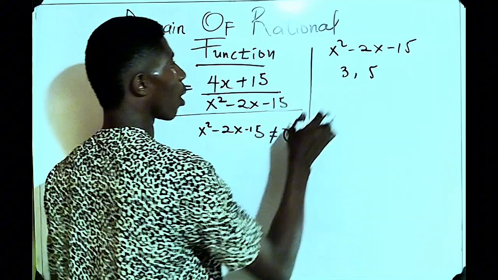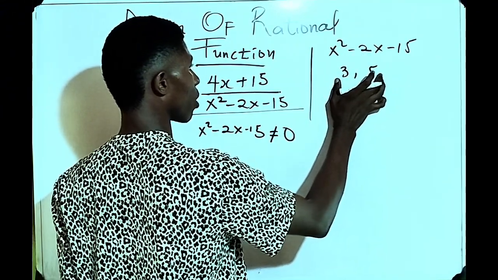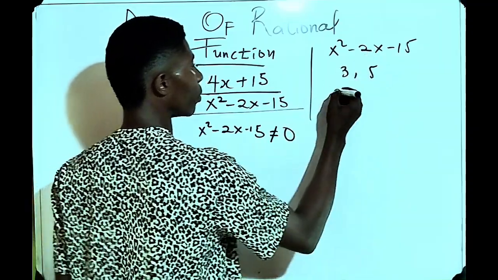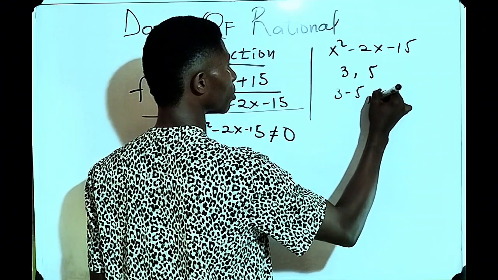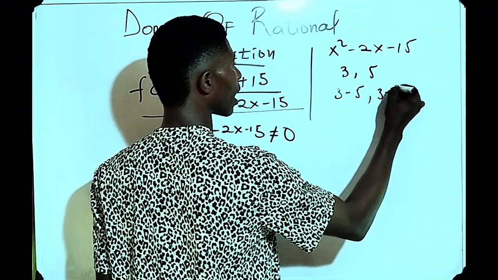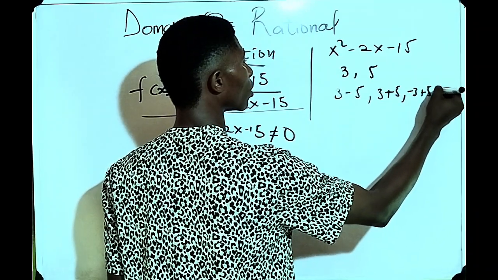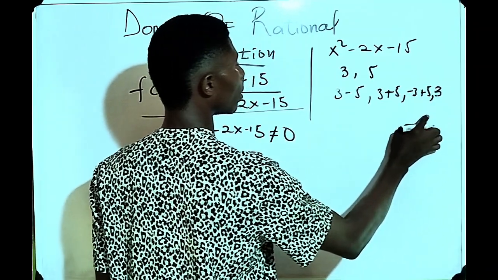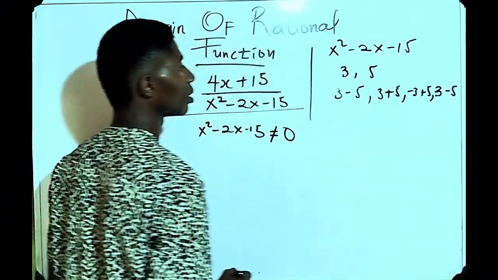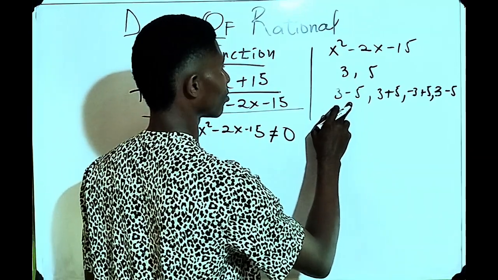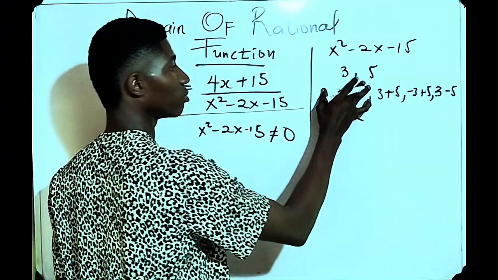We have different options. I want to get minus 2, so I will have what? Will it be 3 minus 5, or 3 plus 5, or minus 3 plus 5? 3 minus 5, okay. 3 minus 5 is what? Minus 2. Hence, I'm going to make use of